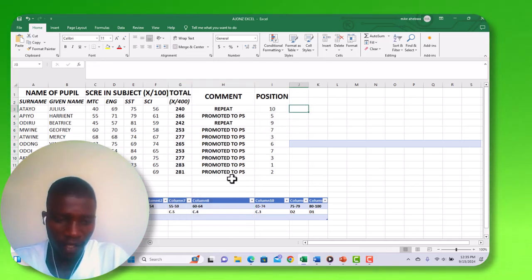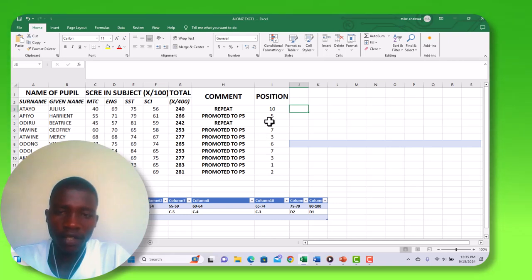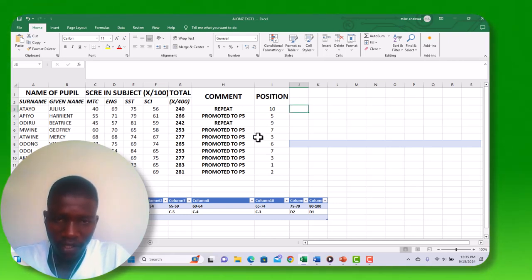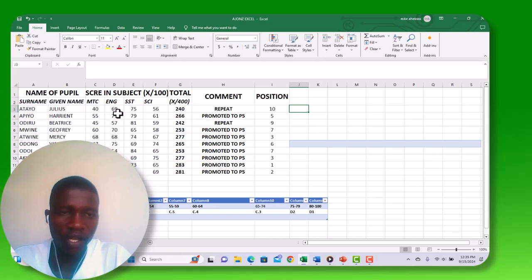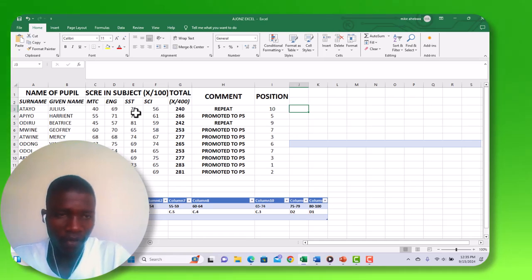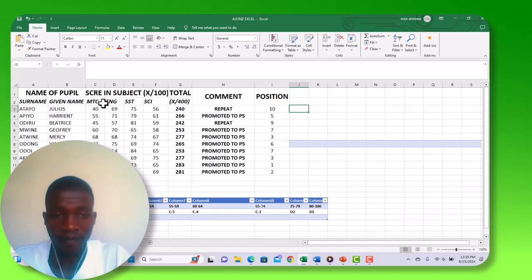So guys, thanks for watching. This is how easily you can create a report card. So now with this, you can use MS Word to create a report card for an individual pupil, entering his data. For example, for Atayo Julius, you enter his name, his class, the year, the term, the marks, the scores, and so